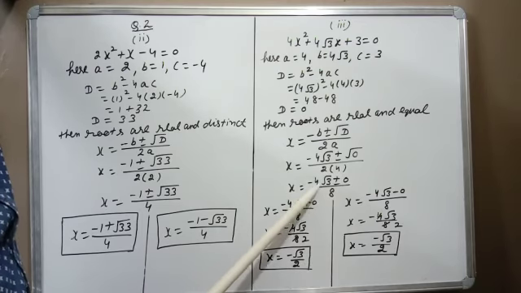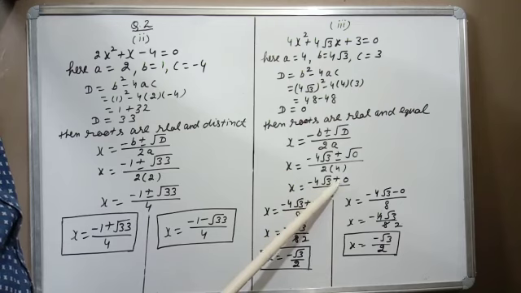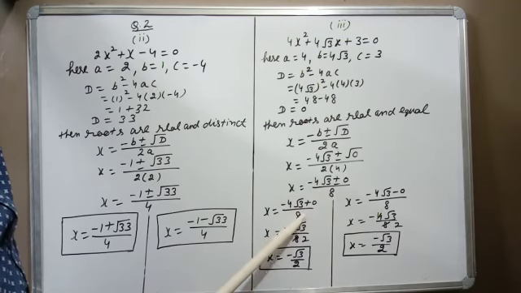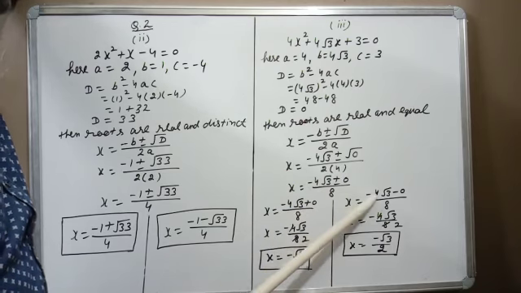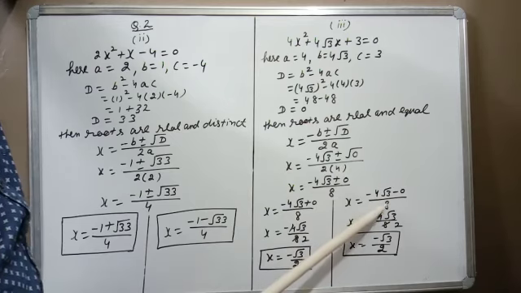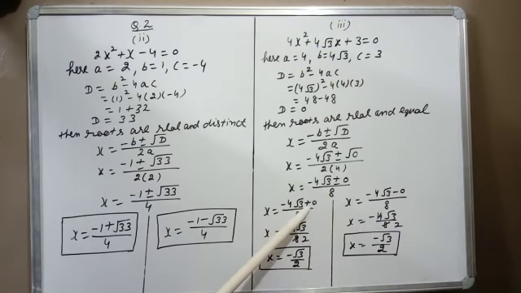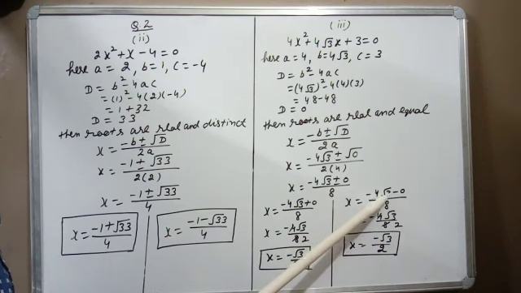x equals minus 4 root 3, first we take plus 0 over 8. Here x equals minus 4 root 3, now we take minus 0, again over 8. If I add plus 0, then this value will remain as it is. It will be divided by 2, so the first answer is minus root 3 upon 2. If I subtract 0 from any value, that value will remain as it is. Again it will be divided by 2, so again minus root 3 upon 2.